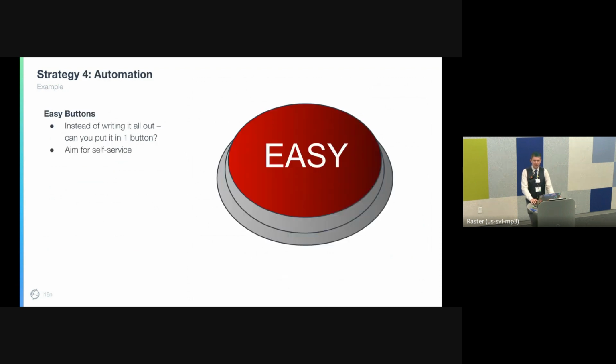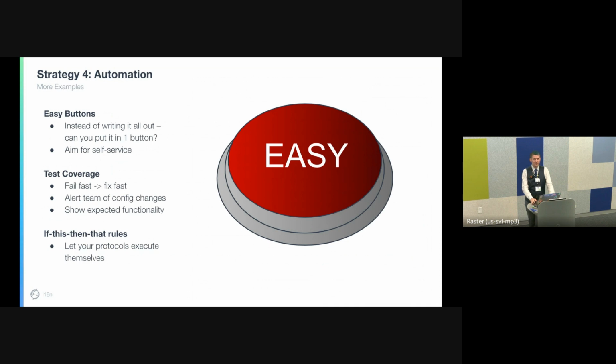And then the last strategy is automation. When possible, I love to add a button to do something that someone wants to do, as opposed to them coming to me and asking me to do it. Too often, the way that we do something is you ask an engineer to run a script. And I was like, can't I just give a button? And then the script runs for them. Whenever I find an opportunity to do that, I get so happy, because then we never have to worry about that again. Famous last words.